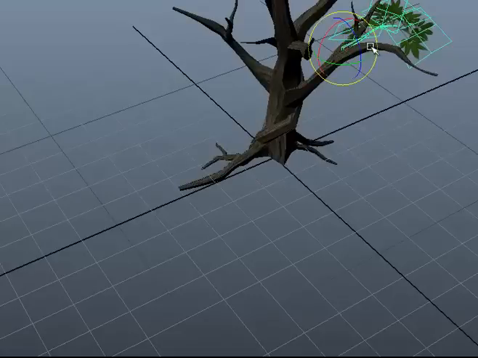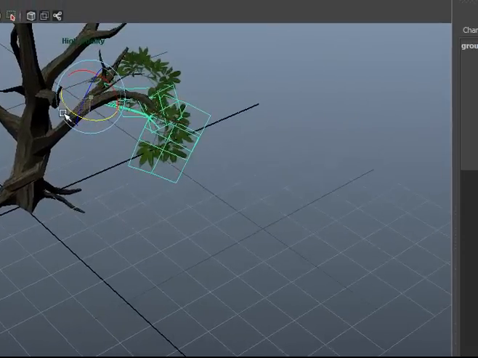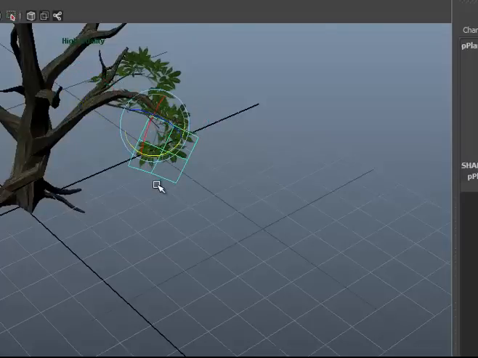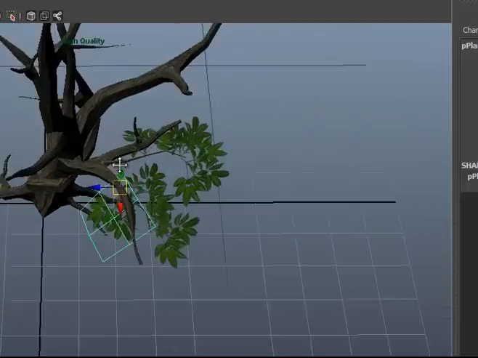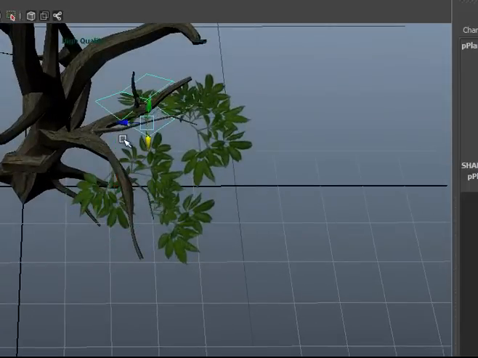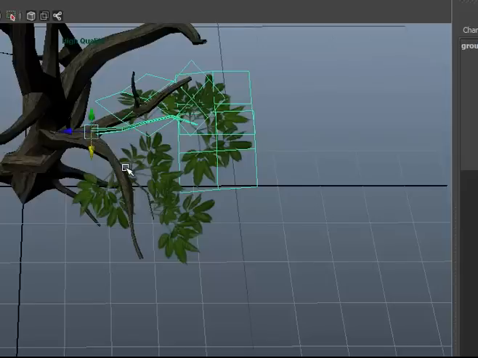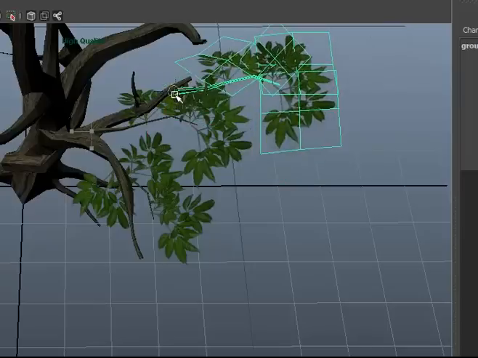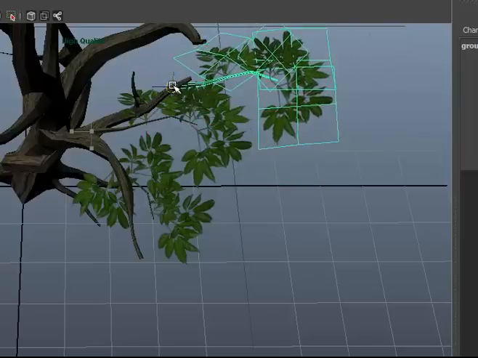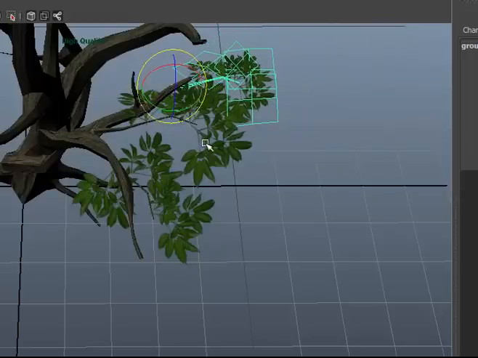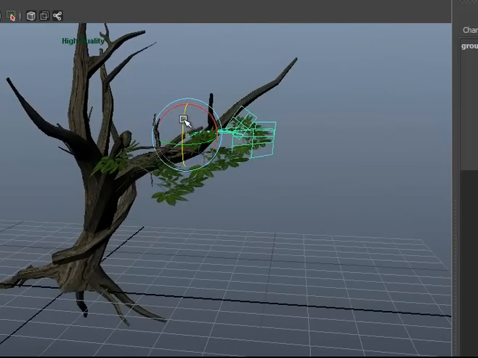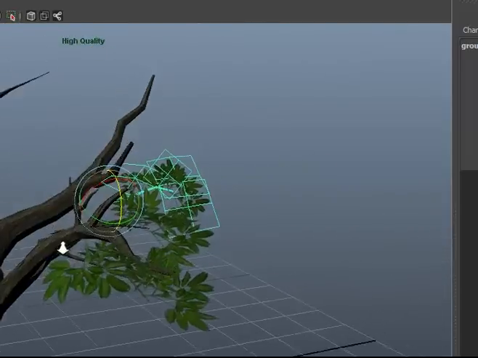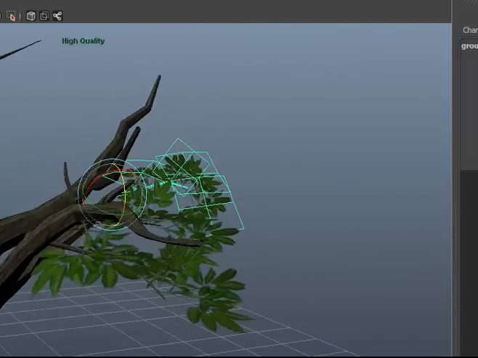And duplicate and rotate. And I can move around a couple of things so they don't look exactly the same. Duplicate and move. Scale them down. And just keep doing that, and I will be back when I populated more